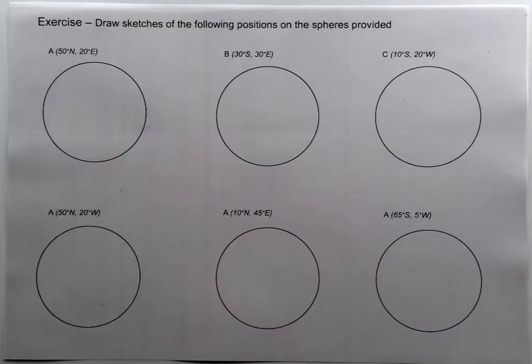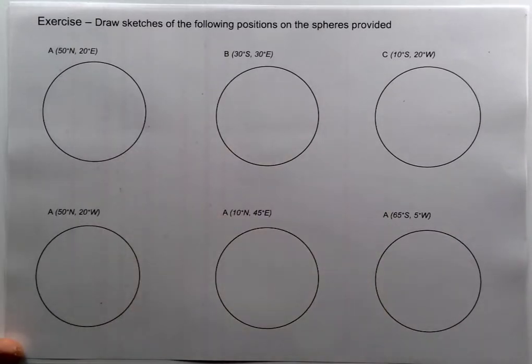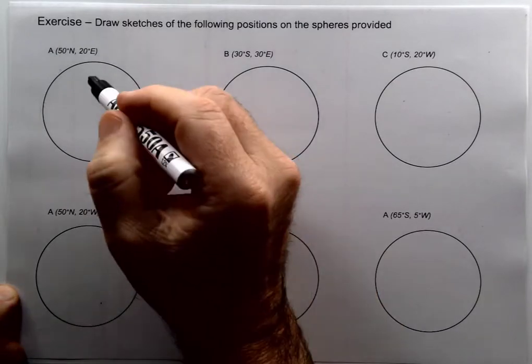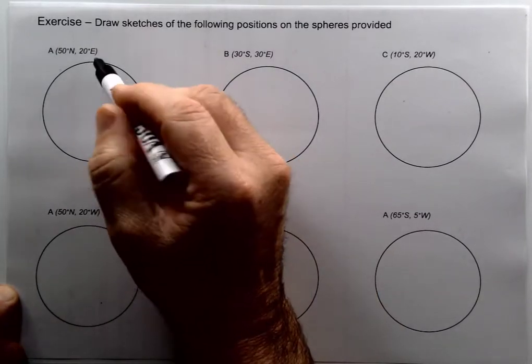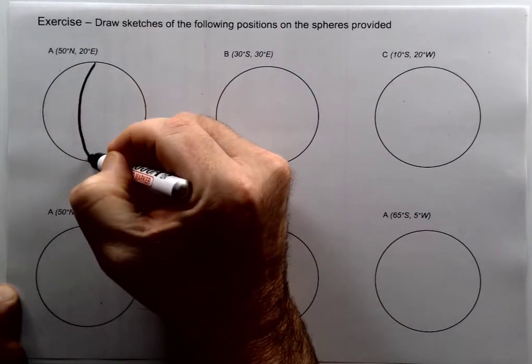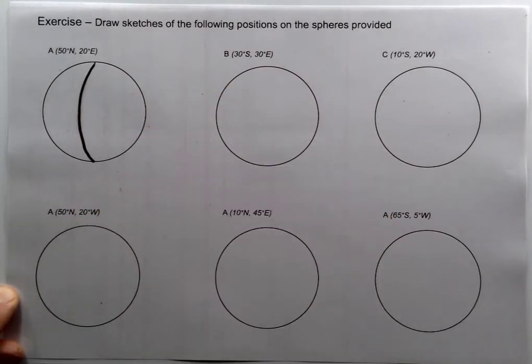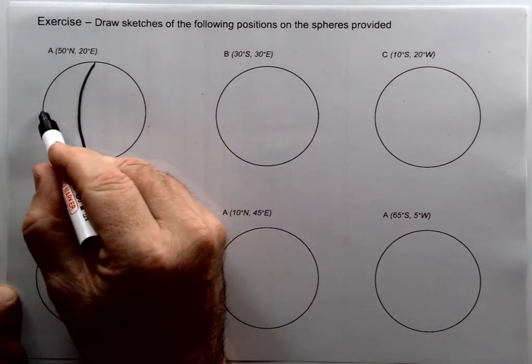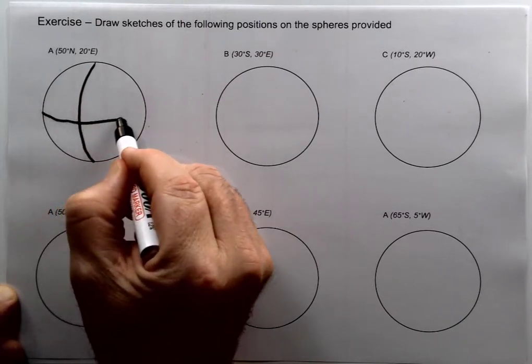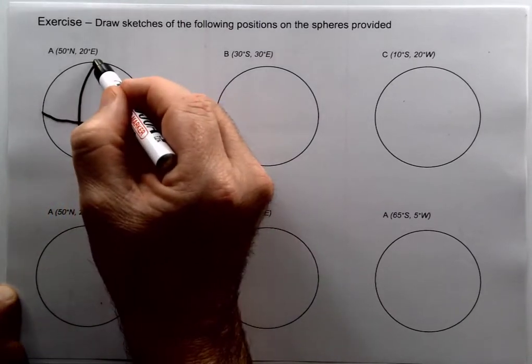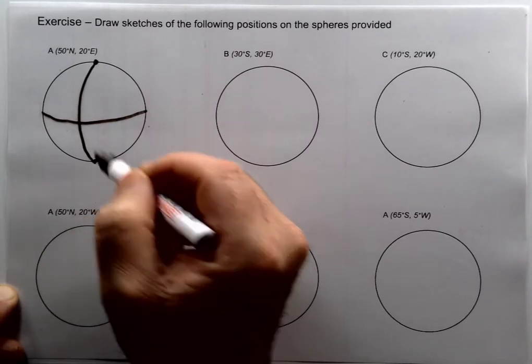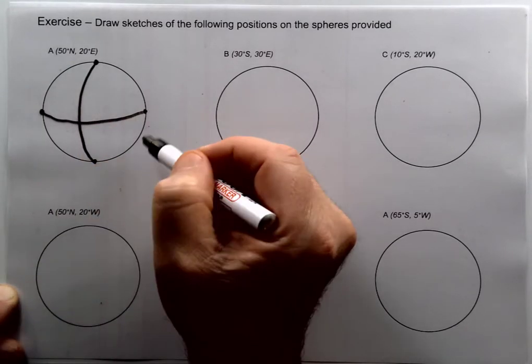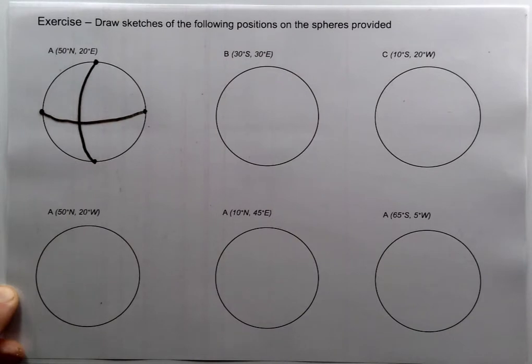Okay, just to help us practise some of this work, what we're going to do is practise drawing a particular position on the Earth. We start with a circle, which is two-dimensional, and to make it look a bit sphere-like, draw a line not straight down the middle, but at a bit of a bow. I normally do mine to the left, but it doesn't really matter. Then draw the equator, and again bow it down a little bit. It still starts at the north and south ends, and has ends at the east and west, but by putting that bow in, it gives the impression of being